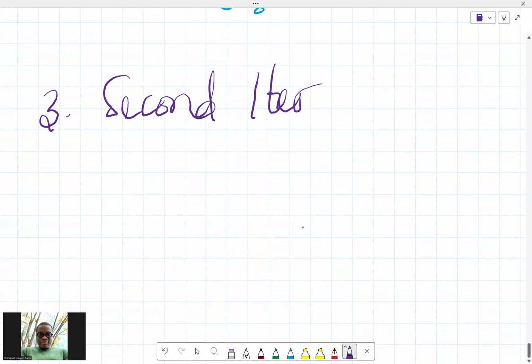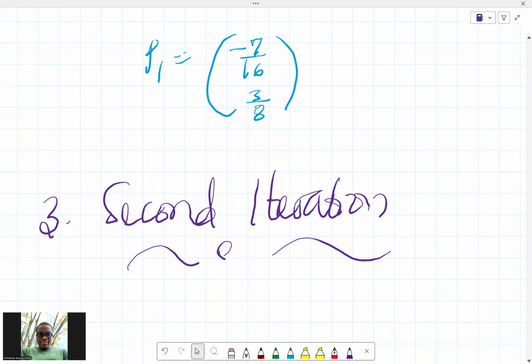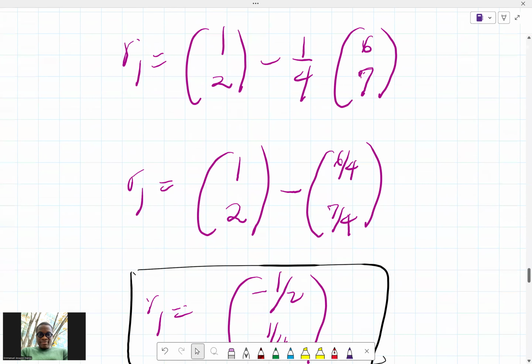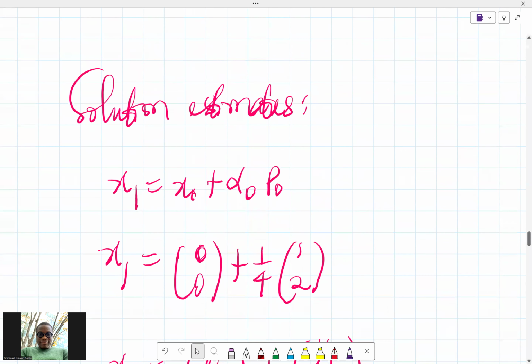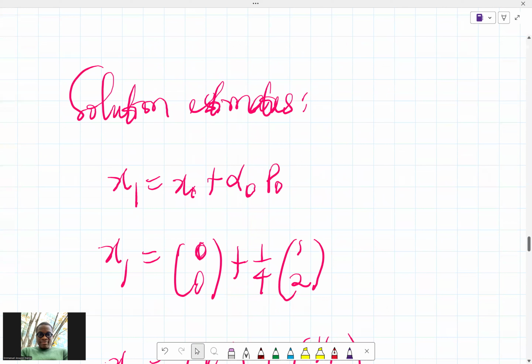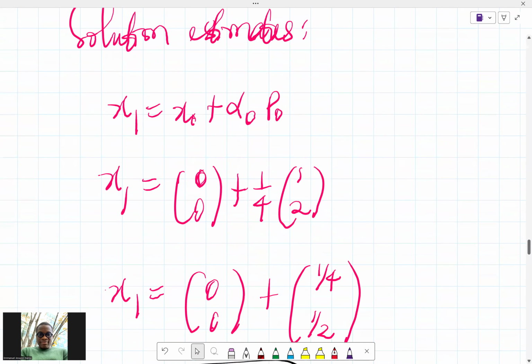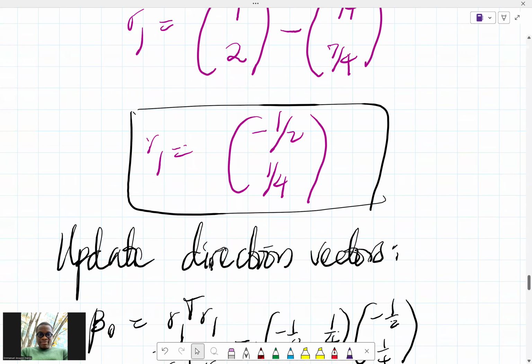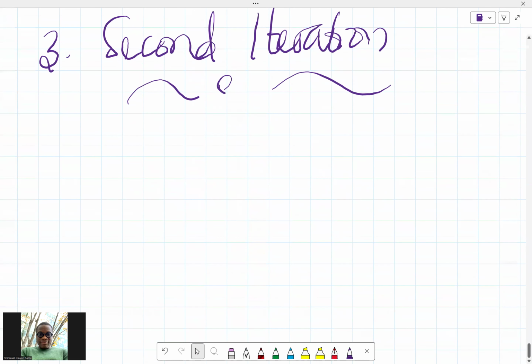What I'm just going to do here is get the x2 and then go to the Python code. So again, we got x1 before. x1 is x naught plus alpha naught p naught. So it means x2 will be x1 plus alpha 1 p1. So second iteration, we have x2 is equal to